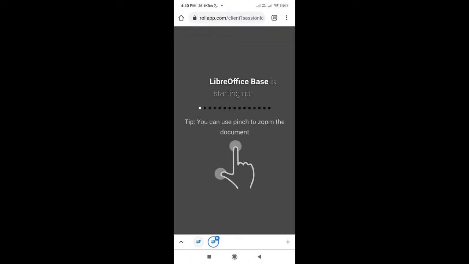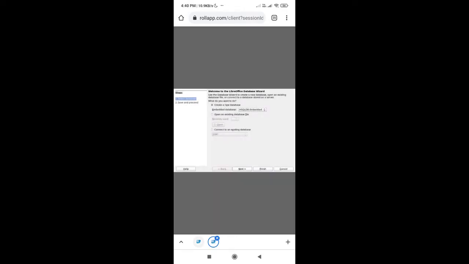It takes a little bit time depending on your internet speed. Now you can see it is shown that LibreOffice Base is starting up. Wait till it gets start.